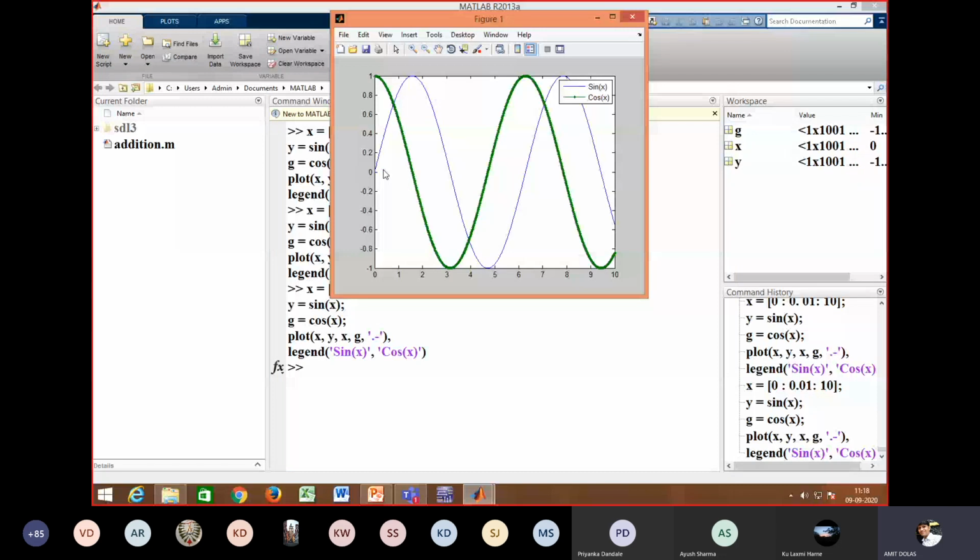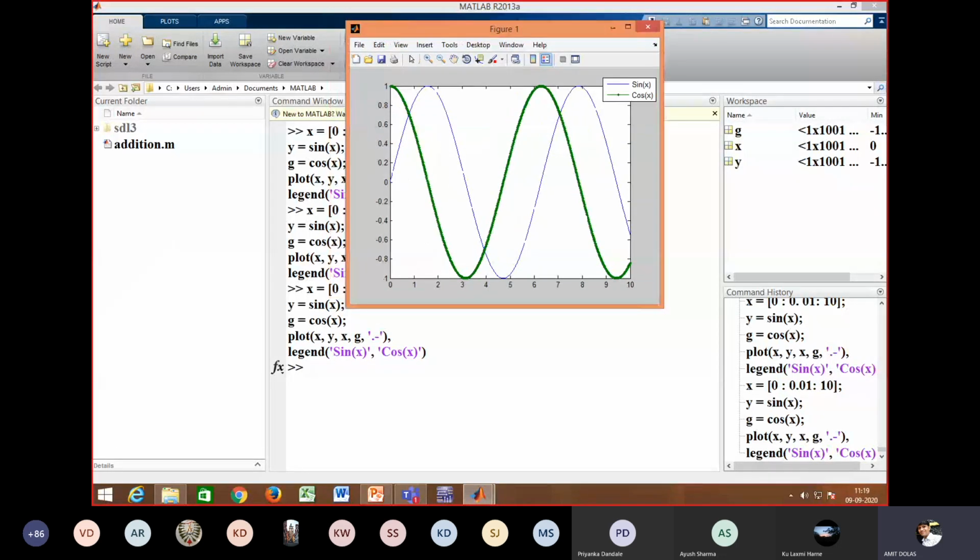So the sine waveform is with this color, and there is a legend for the sine waveform here. The cos waveform is a solid line, and there is a legend here for the cos waveform. The x-axis range is 0 to 10, and the y-axis scale is automatically assigned from -1 to 1.